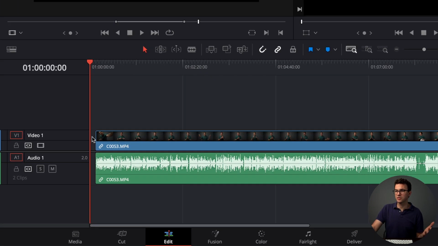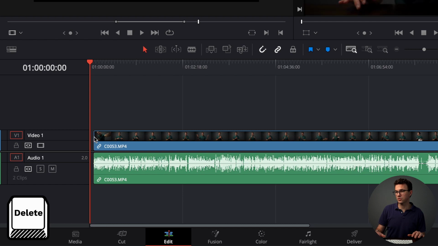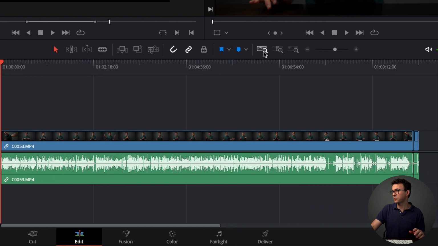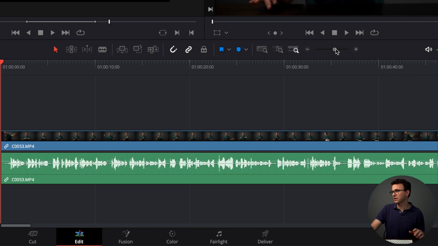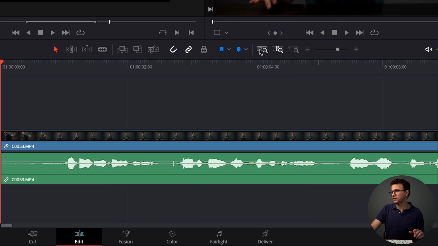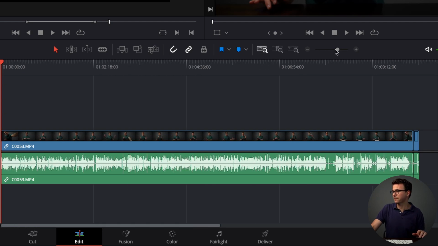But then what you're gonna notice here is, hey, there's a couple of seconds of the video and there's actually nothing there. So you can highlight that section and hit backspace or delete, and now you're all set to go with this. If you wanna zoom in at any point, you can essentially click on the plus or minus here. So this would take you from zoomed in to seeing the entire timeline.